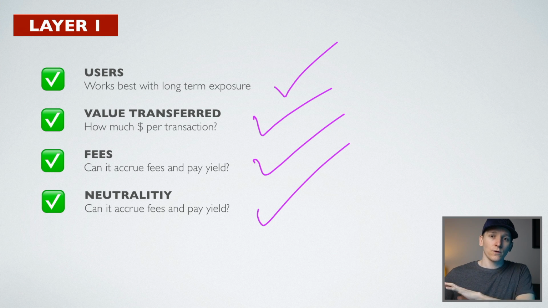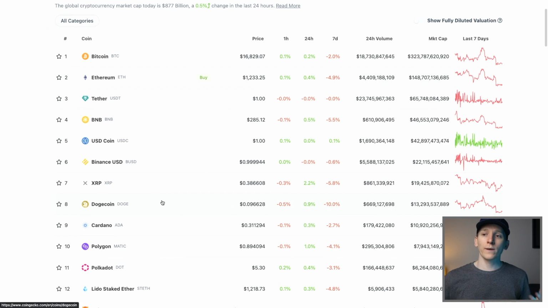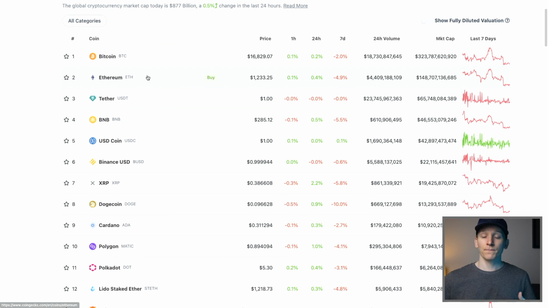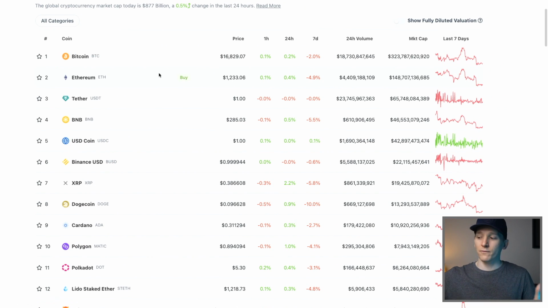The next one is neutrality. Bitcoin is the most neutral settlement layer in the whole world. It's uncooptable, and that means it probably will have more value than something that is owned by like 5 people and they can stop it or start it or change the money or anything like that, right? So putting all of these together, Bitcoin should be the most valuable. It's the most neutral, the most amount of value is transferred, and it has around 200 million users, give or take, depending on how you look at it.